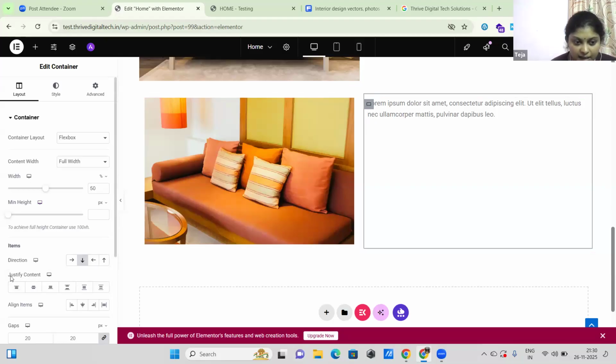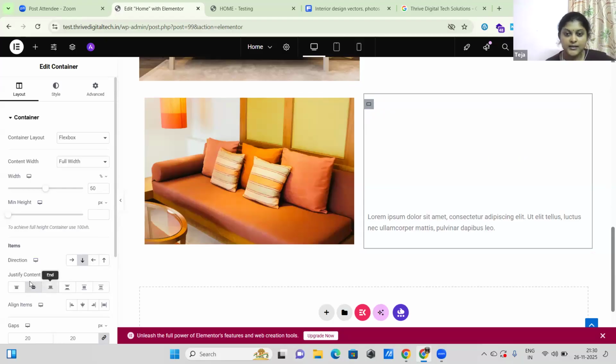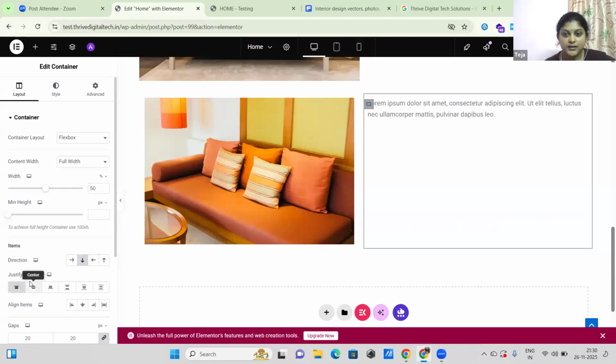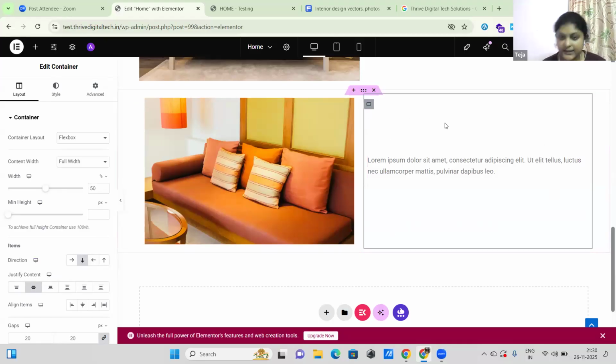See, justify content. So I want this content to be in the middle, so center. You see this? Understand? Yes. This is the text box. Any content you want to change, you can change it here. But the alignments like top, middle, and left within this container, you have to edit it with the container. Click on edit container, and then you can choose how you want to display the content, like middle, left side, right side. So whatever you want, you can choose that. Okay,